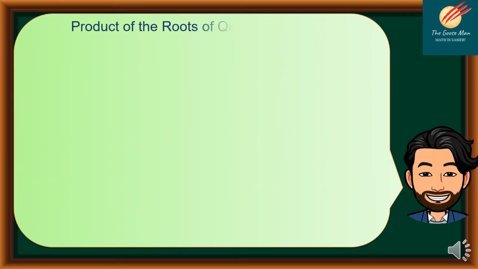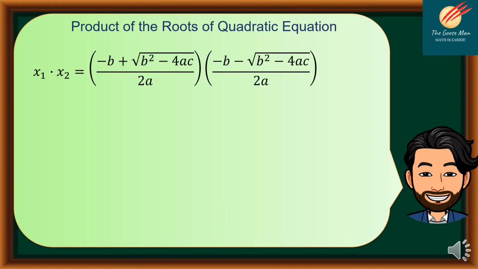On the other hand, if we want to find the product of the roots of a quadratic equation, take note that x sub 1 times x sub 2, using the value of x sub 1 equal to negative b plus the square root of b squared minus 4ac all over 2a, while x sub 2 is equal to negative b minus square root of b squared minus 4ac all over 2a. Now, if we recall, this is a positive and this is negative, so we can apply the difference of two squares. It means that this is our first term, negative b, and our second term is the